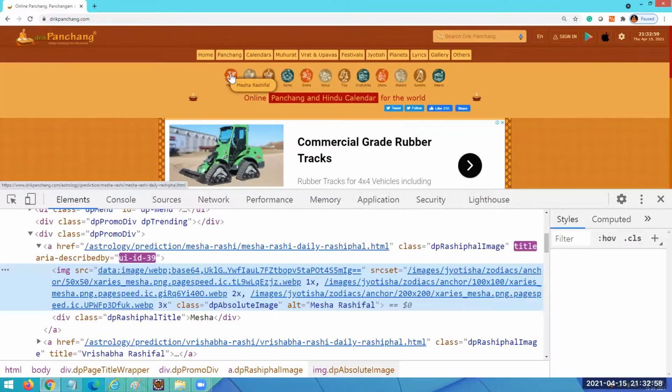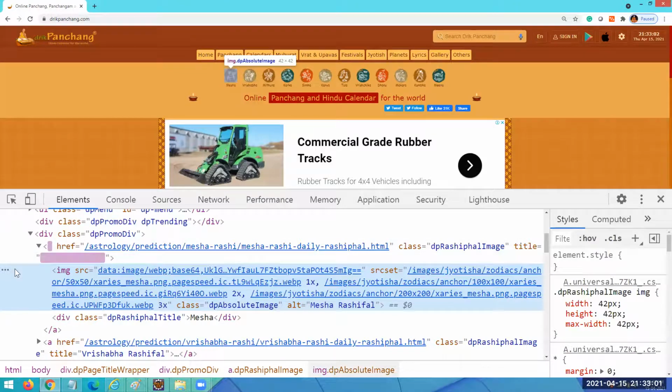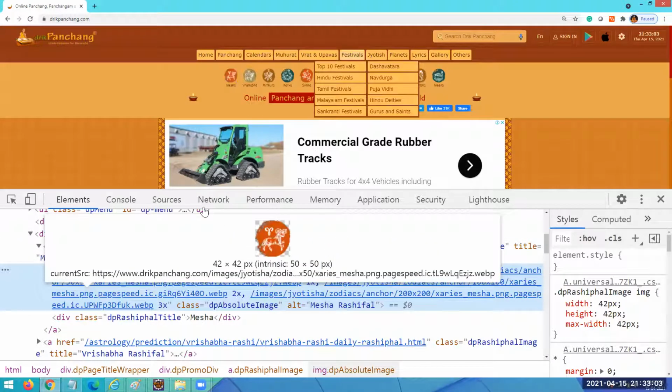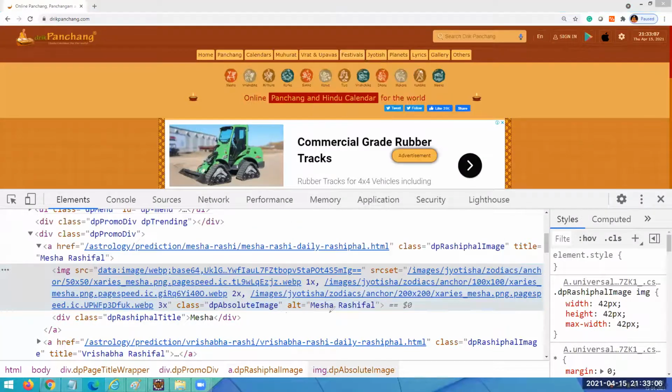It is showing a tooltip message for this Mesha Rashipal. So here, this is the HTML for this. If you carefully observe here, they have given an alt property. Observe this. Whatever tooltip message it was showing when I moused over this, the same message you can see for this attribute called ALT. Yes, as I told, to display this tooltip message, they either write the ALT property or title as an attribute. Now, guys, if you get this attribute value, then that will become the actual tooltip message. Then I can compare that with an expected tooltip message.